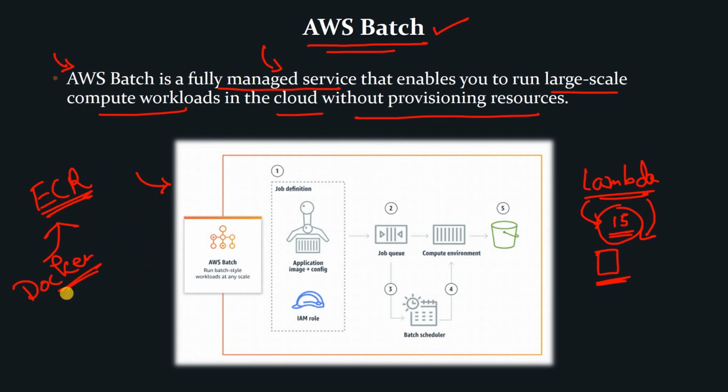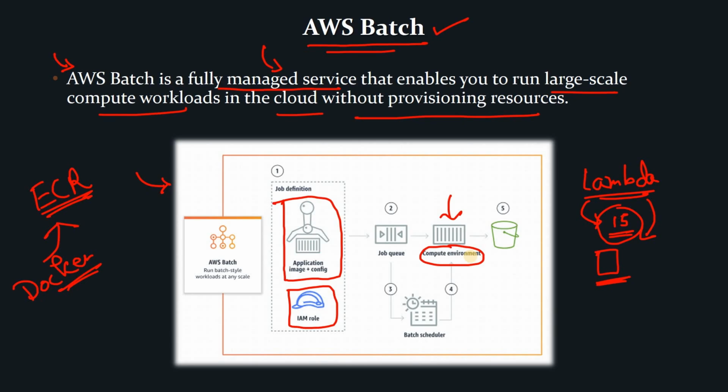Now what we will try to do, first we will create a Docker image for our application. We will push that particular image in our ECR repository. Okay, so that particular part is denoted here. That is, application image plus configurations are available in our Elastic Container Registry. We need to create certain IAM roles which our application will be using. For example, our application might need to interact with S3 or DynamoDB or any sort of other AWS services. At that time, our AWS Batch job should have proper role to set up the communication or interaction with other AWS services.